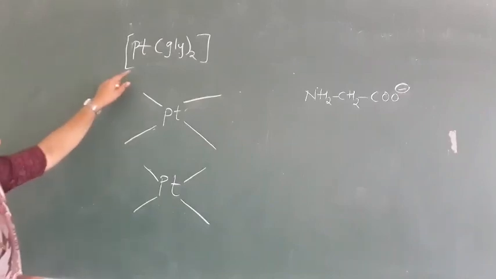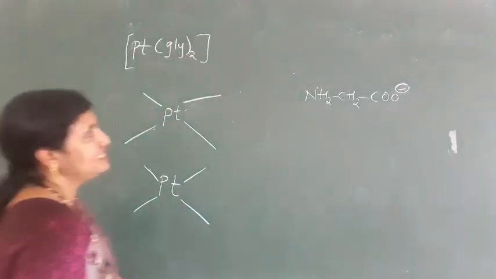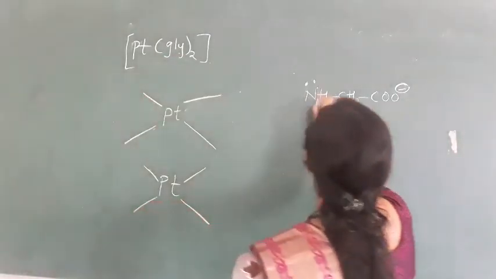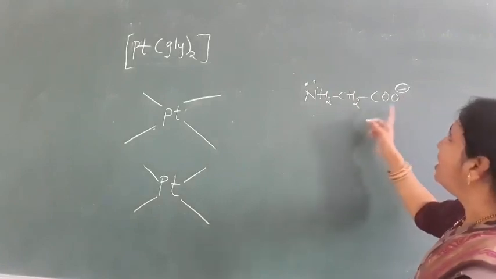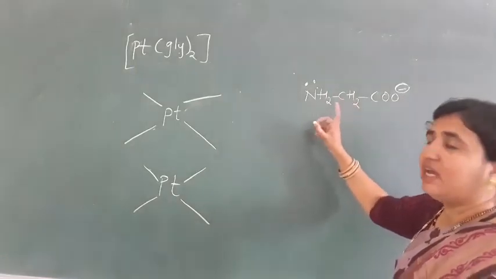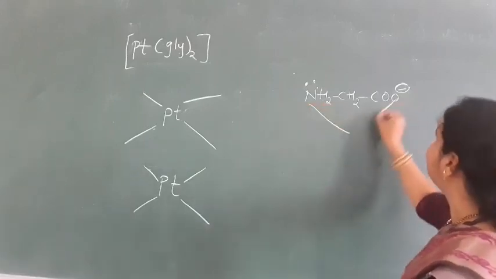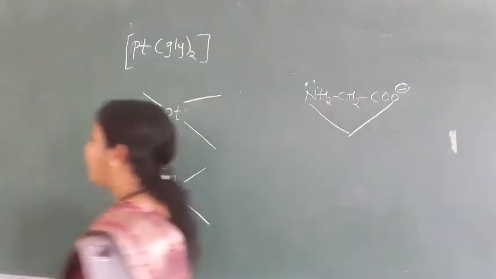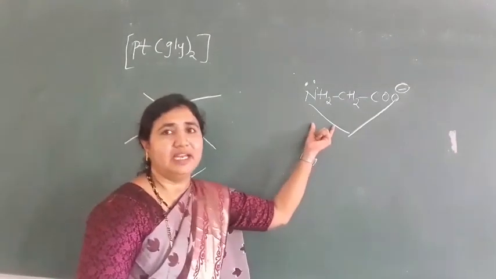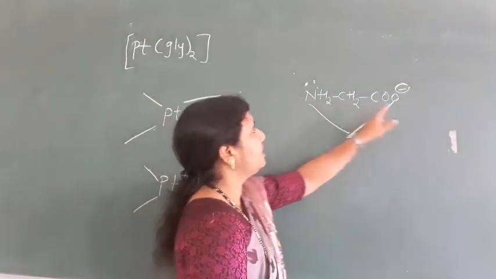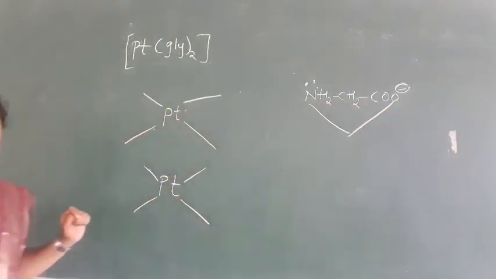The example is platinum bis(glycinato). Remember, glycinato is NH2CH2COO minus, derived from acetic acid CH3COO. Thus we have to remove H and C, add NH2, remove H, and have O minus. These two are the donor atoms, nitrogen and what? Oxygen. Ambidentate, sorry, it is an unsymmetrical bidentate ligand. The donor atoms are nitrogen and oxygen, different atoms. So it is an unsymmetrical bidentate ligand.